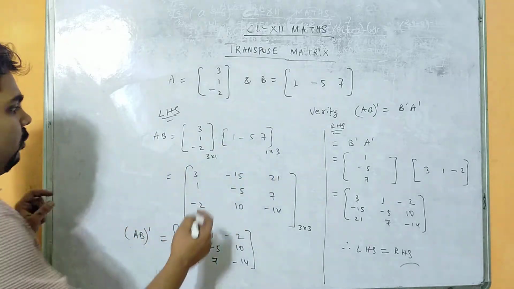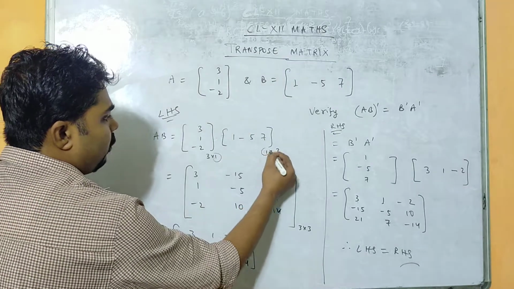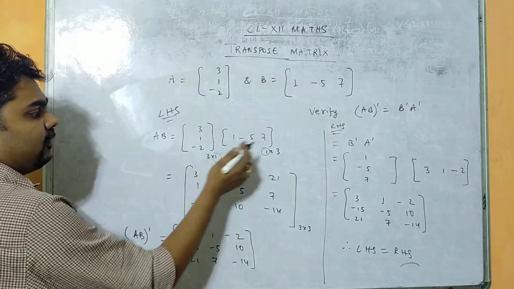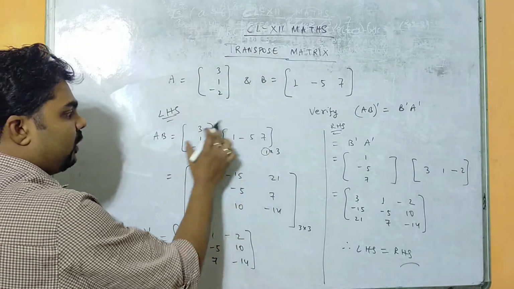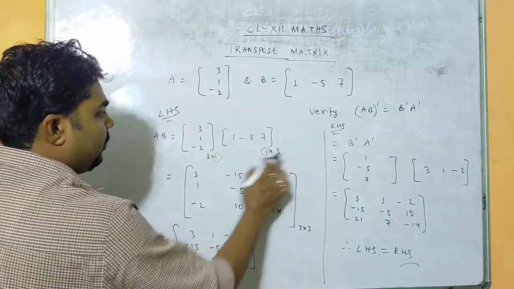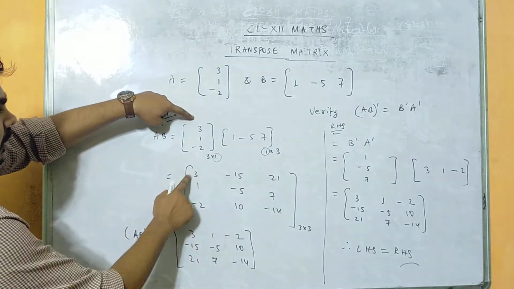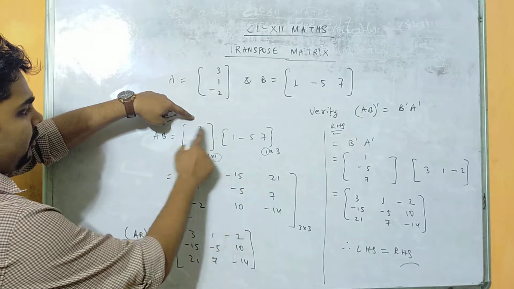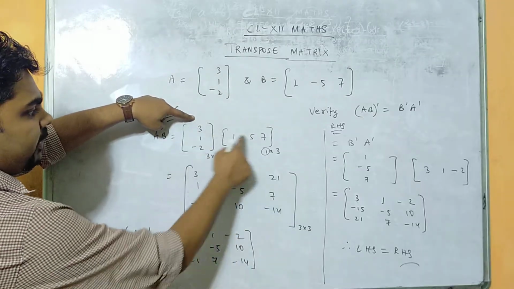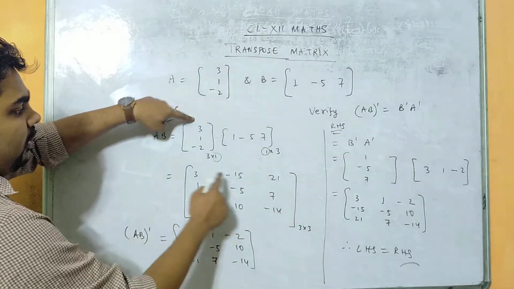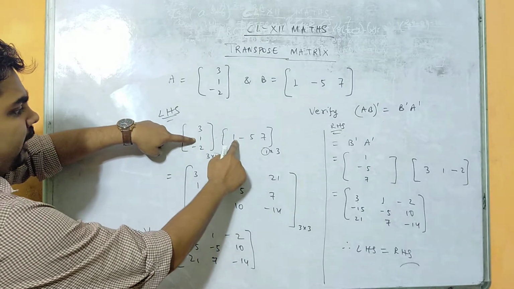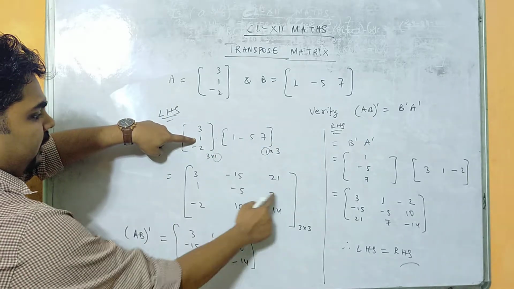So you see, is multiplication possible or not? Yes, it is possible, because the column of the first matrix matches the row of the second matrix. So what will be the net answer? It is 3 cross 3, right? So 3 into 1 is 3, 3 into minus 5 is minus 15, 3 sevens are 21. So first I multiplied 3 with all of these, and we got row 1. Similarly, 1 I will be multiplying with 1, minus 5 and 7, and we will get row 2.